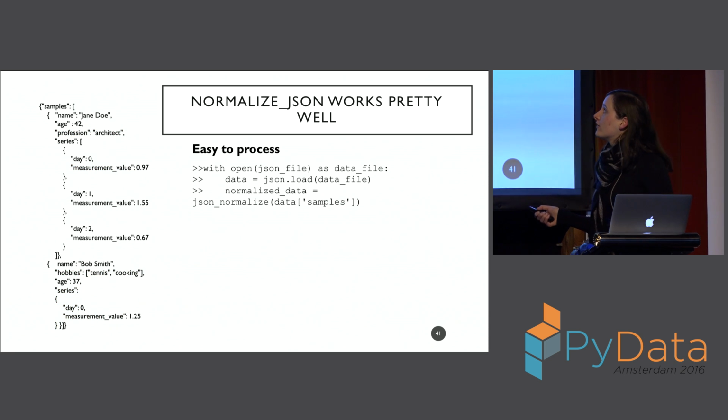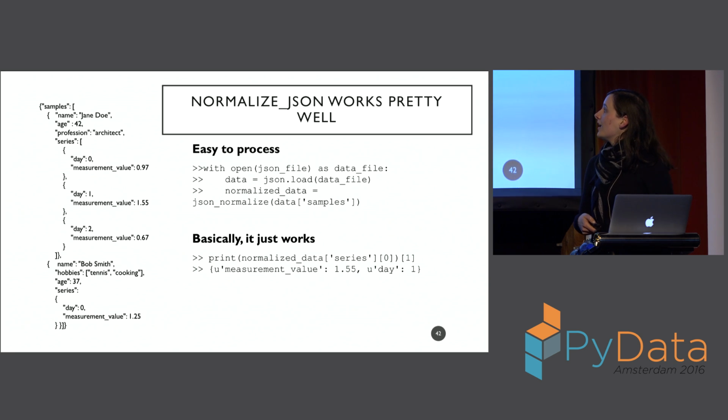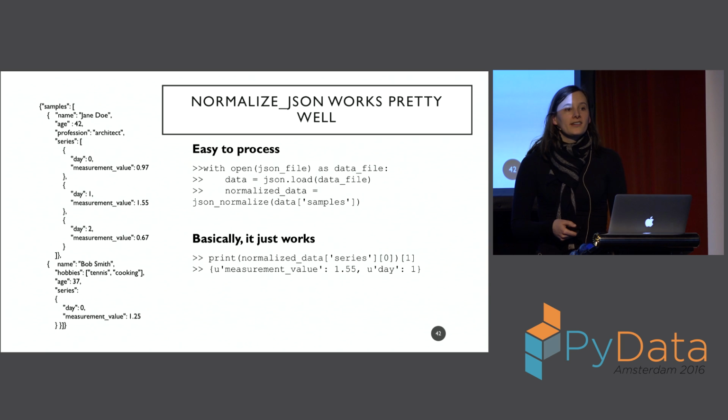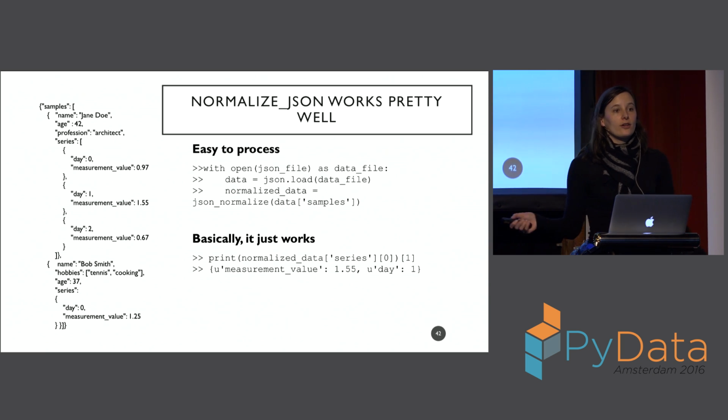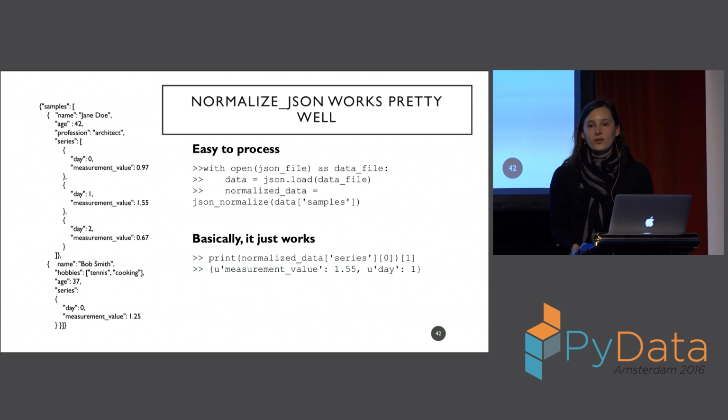Actually, you don't have to. If you just chug this in with the normal JSON normalize, it comes out really well. It will say, oh yeah, that's a dictionary, no problem. Or that's an array of dictionaries, no problem. That's what your data field is going to be in that column. So you can mix and match. It just takes care of it.